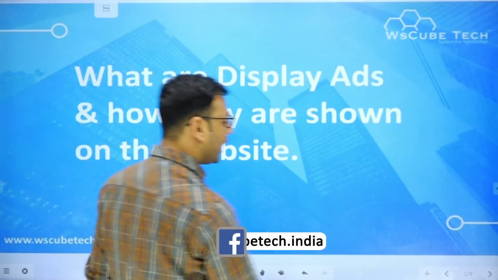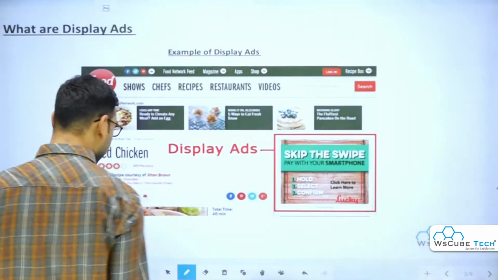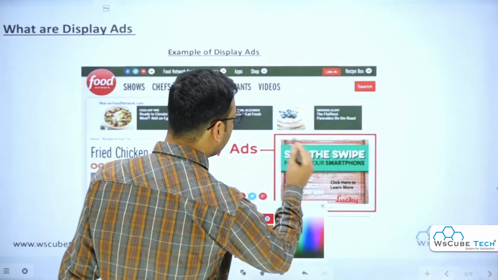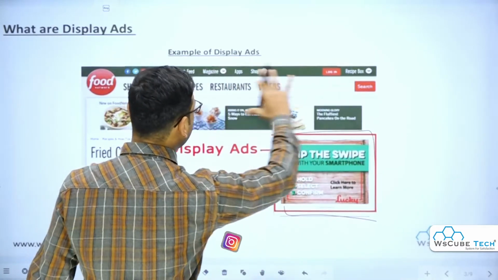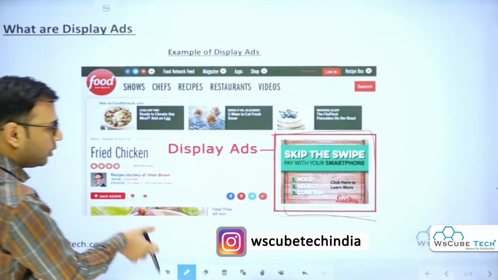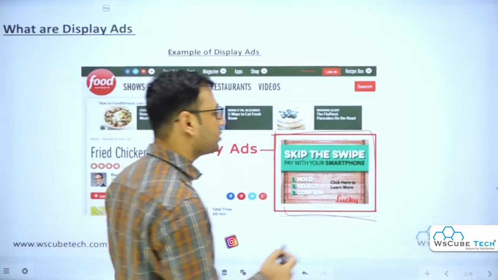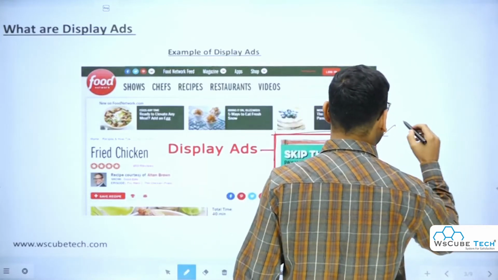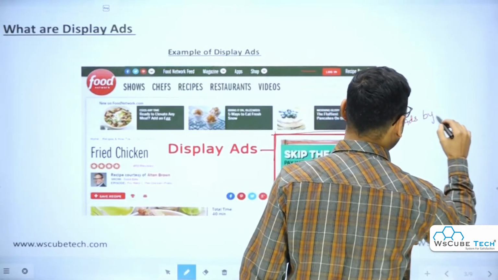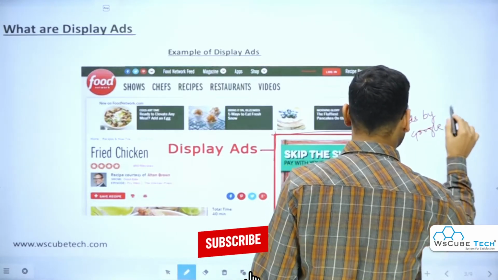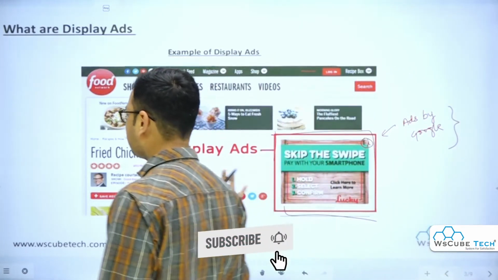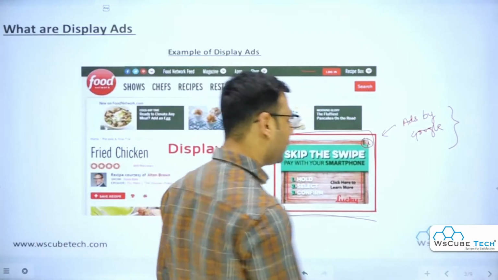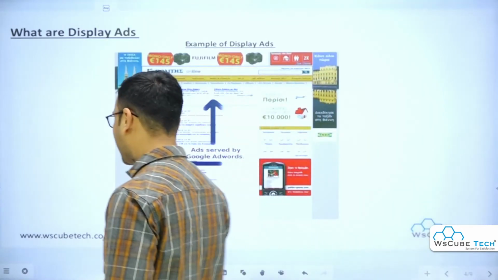First of all, let's see what these display ads actually look like. Whenever you go on different websites, somewhere on the website, like in this right corner, at the top as a banner, or at the bottom of the content, you have some banners with a small i button. As soon as you hover on this button, you see an "Ads by Google" notification, which tells you that these are display ads, banner ads, which are created through Google Ads. So this is one example of how you can see a display ad on different websites.